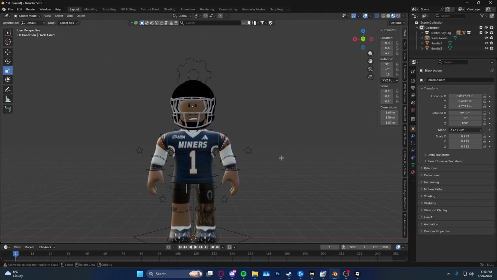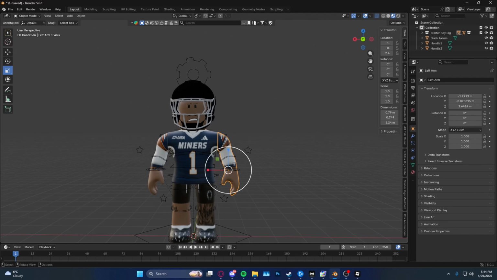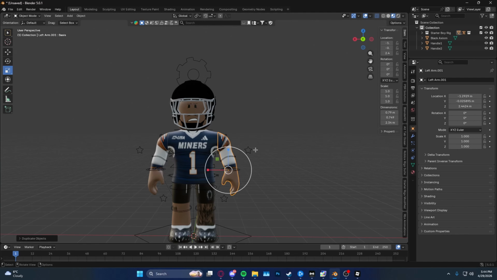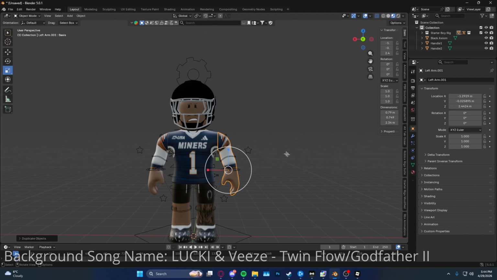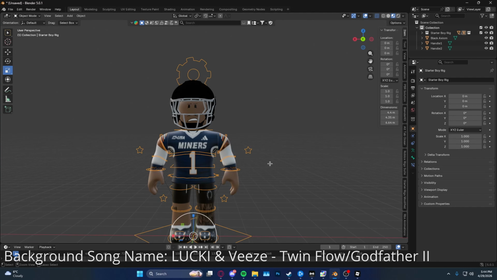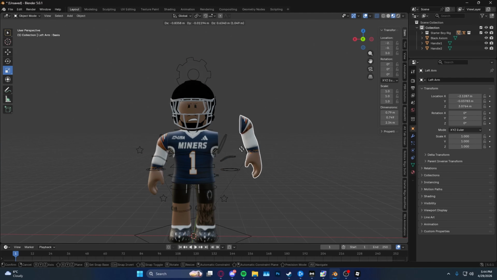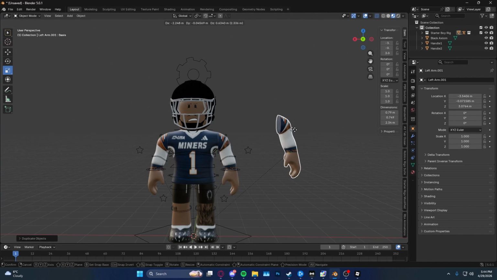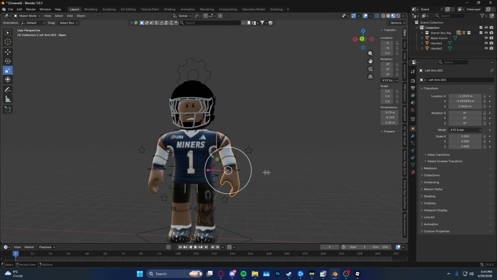Let's get right into the actual 3D clothing tutorial. First, you're going to click on a body part. It doesn't matter which one. I'm just gonna start with the hand here. Then press Shift and D to duplicate it, don't move your mouse, keep it right where it is, and click. So again, I'll start that again. If I move this, you can see there's one. So you duplicate it by pressing Shift and D and then clicking, and as you can see, there are two hands.